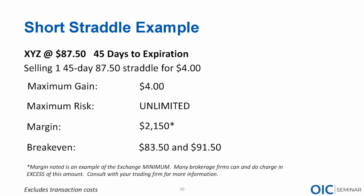And the example that we have here is from the exchange minimums. Break-even points. Well, we sold this spread for $4. Stock can go in either direction. If it moves lower, we have to ask ourselves, at what point do I give back the $4? The call will expire worthless if it moves lower. I'll be obligated to buy shares at the strike price, 87.5. If the stock's at 83.5, that means I'm $4 underwater on that stock position, or I gave back the $4